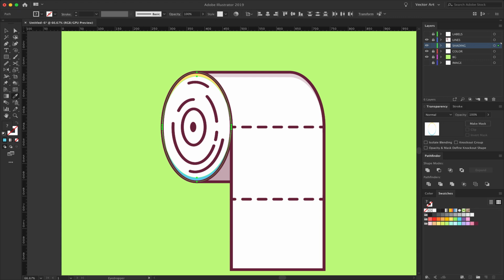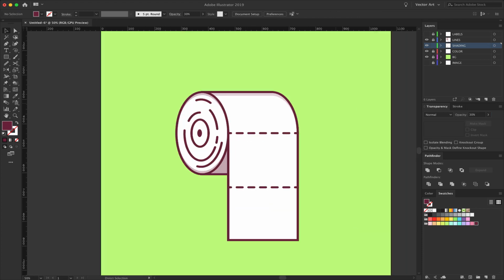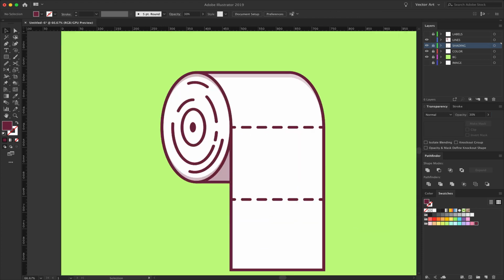And I'm going to get my eyedropper tool and select this top piece right here so that they all have the same appearance. I actually think I'm going to make this a little bit higher opacity. Alright, and I'm going to come up here to my lines layer once again, select this shape, and come back down here to my shading, paste it in place, and I'm going to turn that opacity down. Okay,